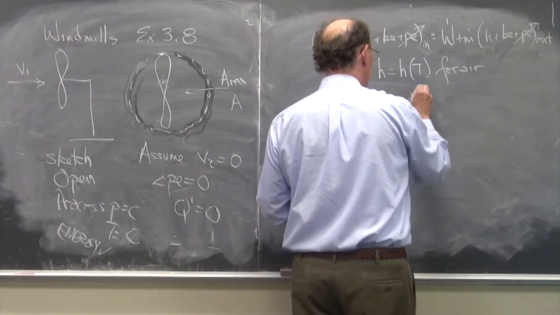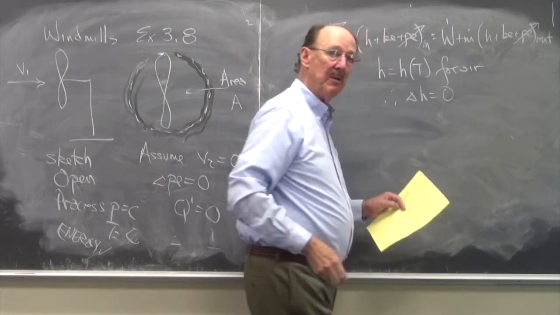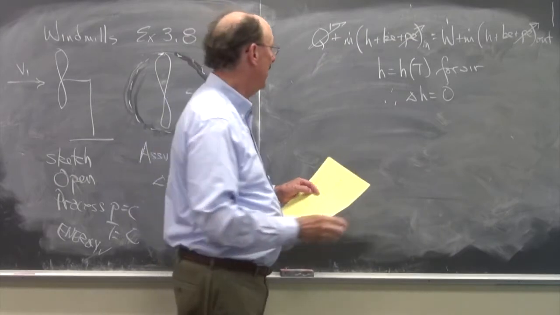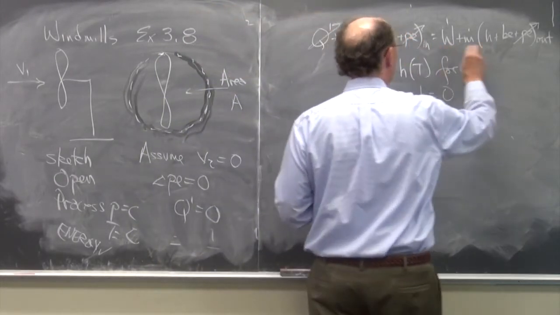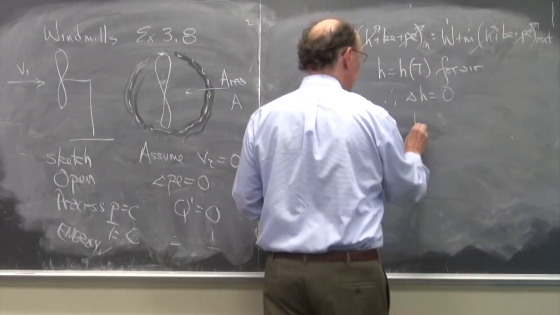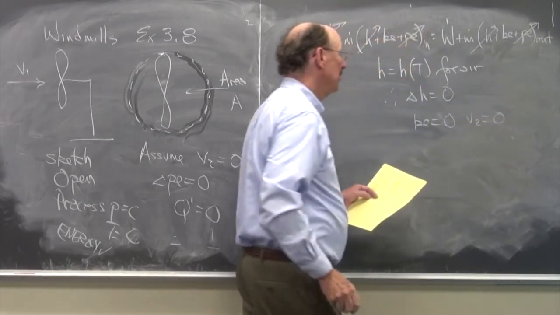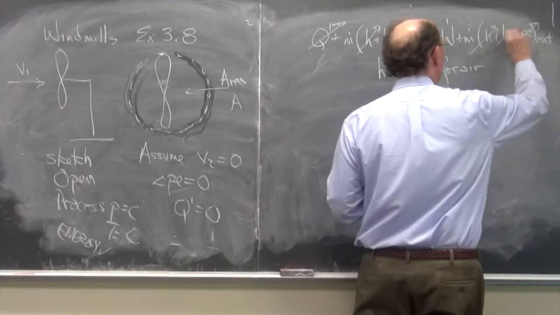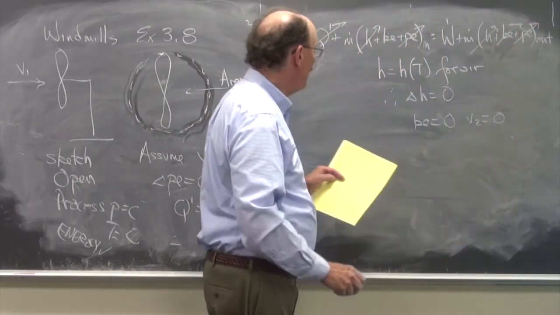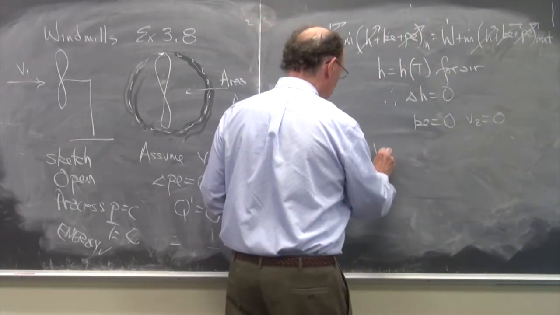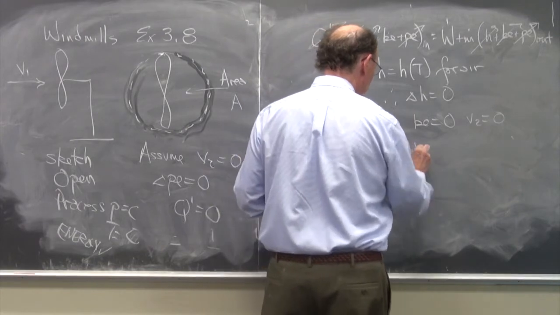Therefore, delta H is equal to 0. So you don't truly know that yet. And KE2 is 0 because we said V2 was equal to 0. So I have that. So then I end up with that the work is equal to the mass flow rate